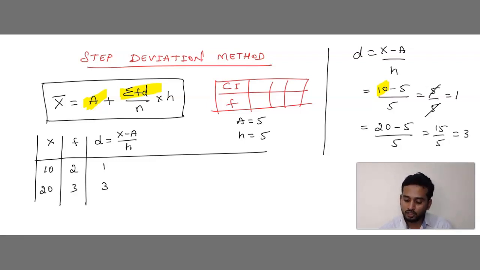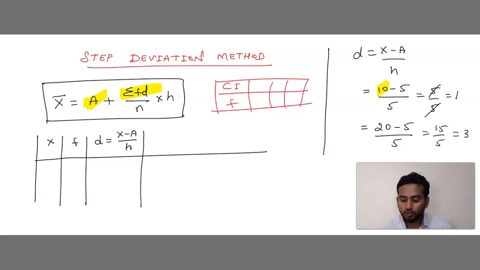If you solve this calculation here itself, what happens? The problem structure, or the problem size, will become bigger, so that you may get confused. That is the reason I am saying solve the value of d separately. Understood? I will just erase this part. We get d here, correct? We got the values of d. After you find d, what do we want? Fd, that is f into d.